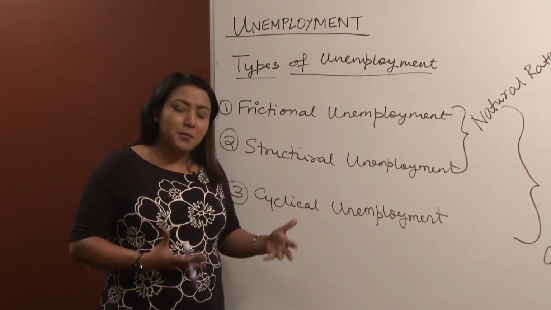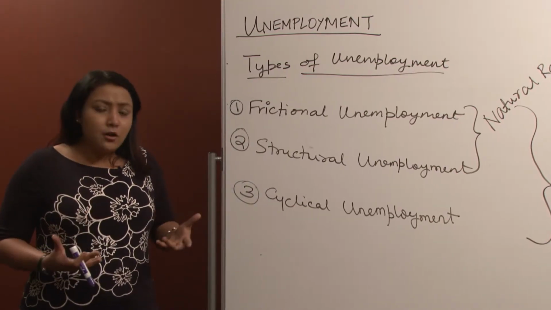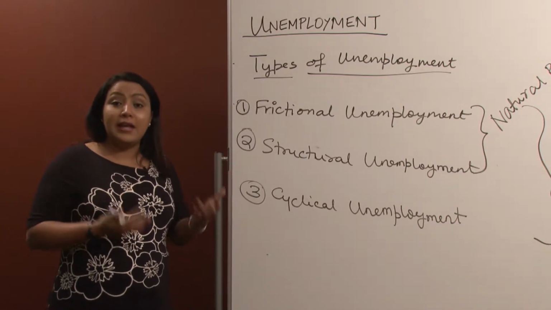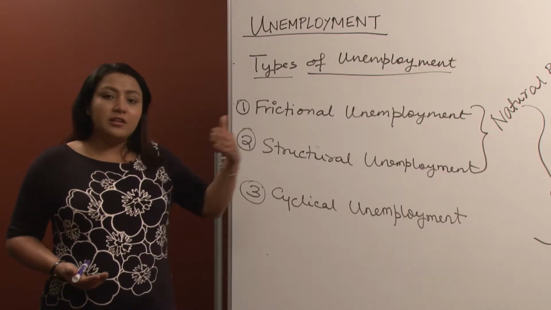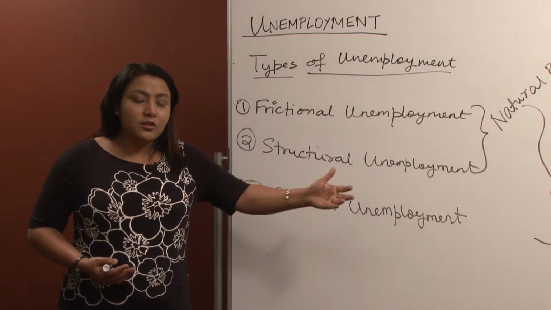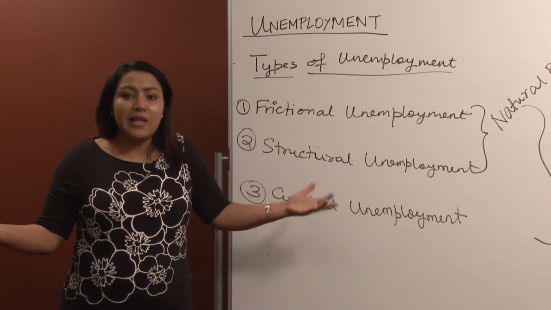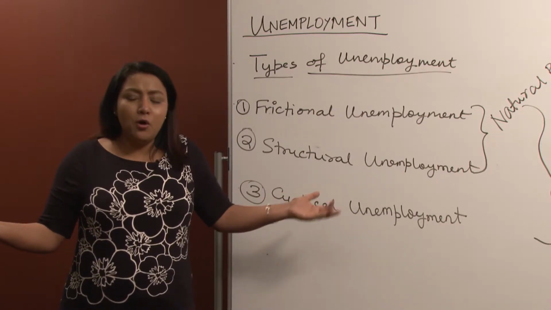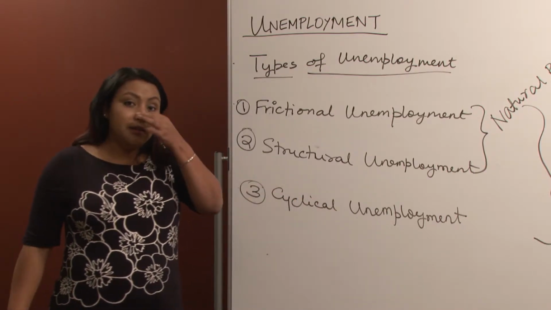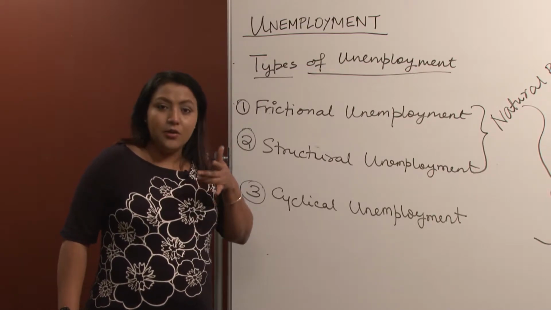So all those people who were employed in the auto industry in Michigan, many of them became redundant, their skill set became redundant, and they had to be fired. So the jobs that they were doing, maybe on the assembly lines for the cars, now started being done by robots. So these people did not have any skill set to work in the industry anymore, and they got thrown out of their jobs. So that means structural unemployment is basically talking about the aspect of redundancy of skills, right?